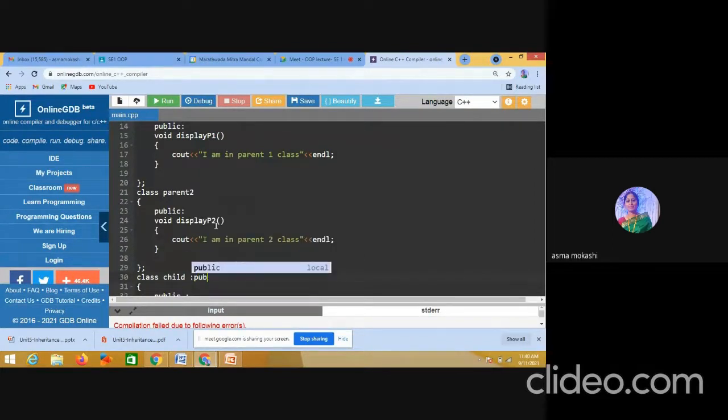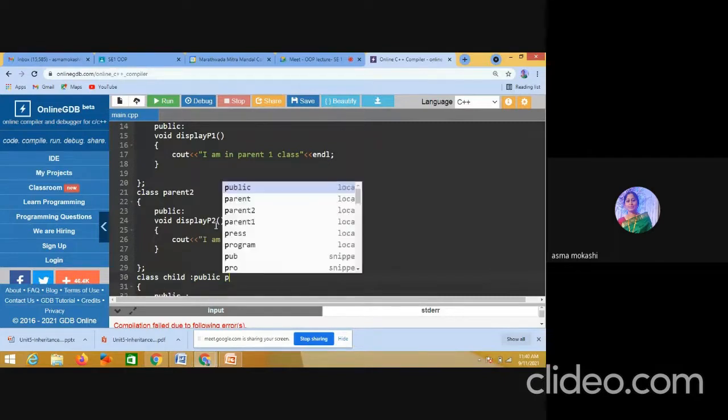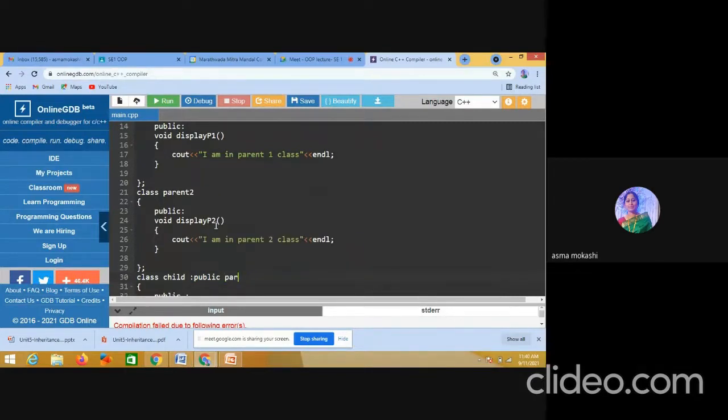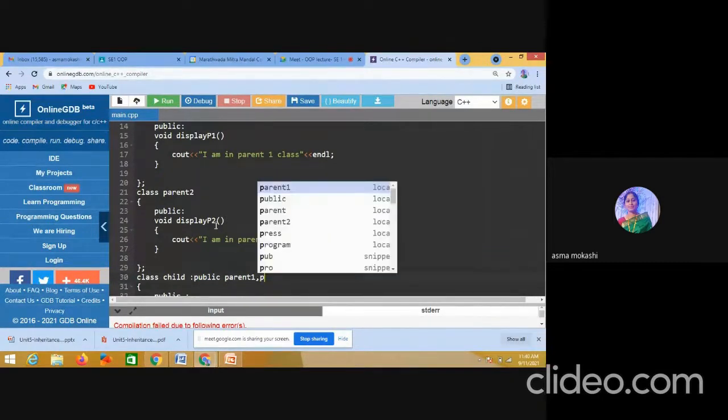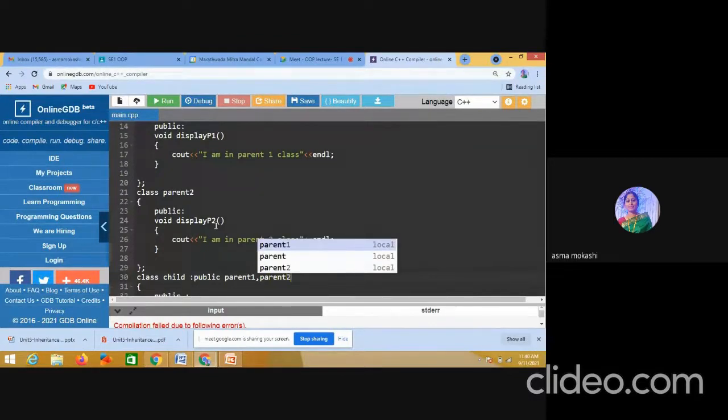I am using public, then space, then the name of a parent class, parent 1, comma, then the second parent class, parent 2, and its visibility mode. Whatever visibility you want, you can write here. I am writing public. So how does multiple inheritance work? I have to mention the parents in the child class. Parent 1 and parent 2 are the parent classes for this child class.